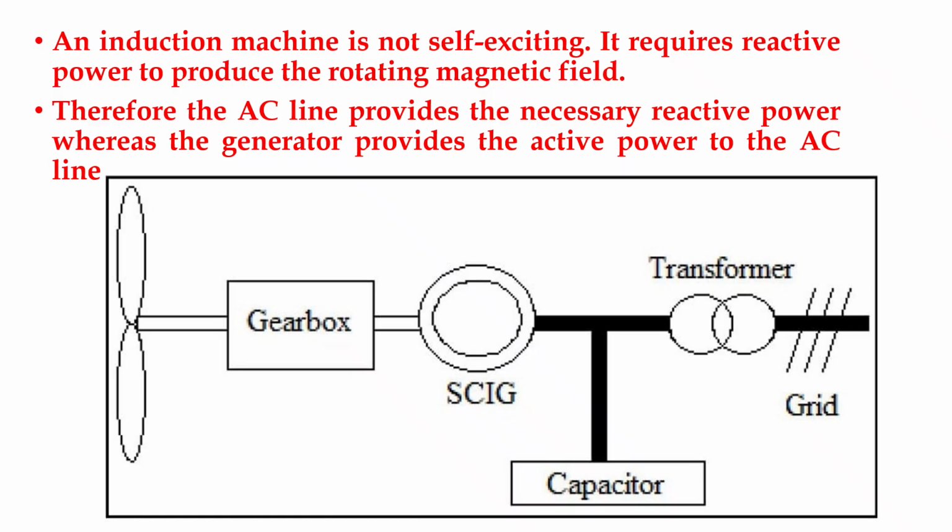wind power plant, where the wind turbine is connected to the rotor of the SCIG, that means squirrel cage induction generator. The rotor speed is increased by the gearbox above the synchronous speed, so that will induce the EMF in the stator, and the induced current will oppose the grid current, so the current will be supplied to the grid as a generator. This is the process of a